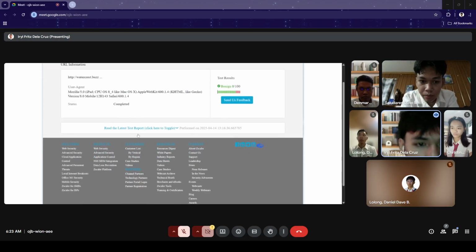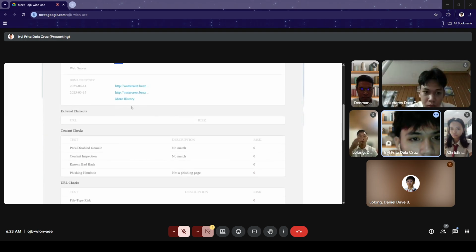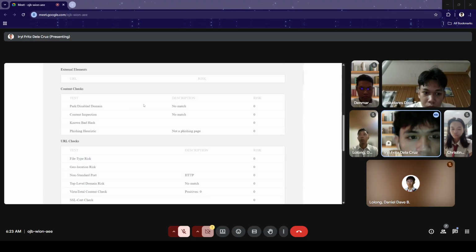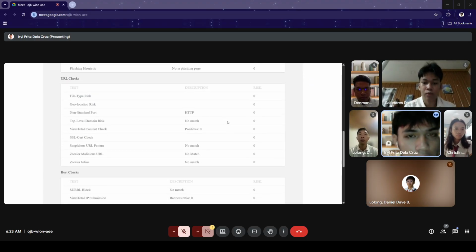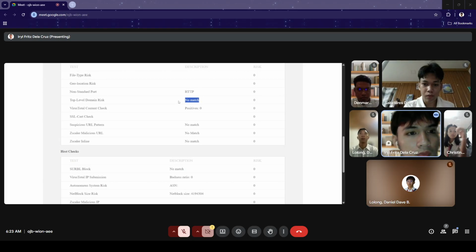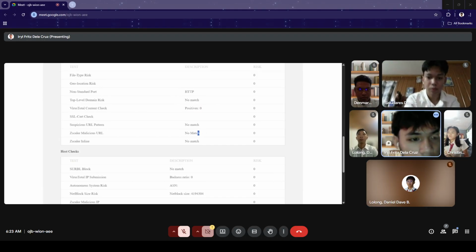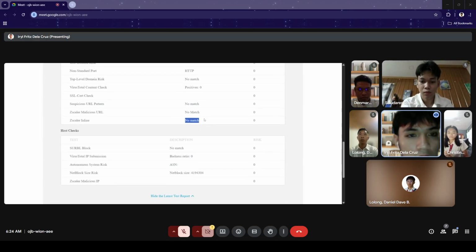So as you can see, the test report of the Zscaler shows that there is no match for domain risk. The VirusTotal content is a positive 0, and there are no signs of suspicious URL patterns. As you can see here, there's no match of reports or incidents that the URL provided is malicious.